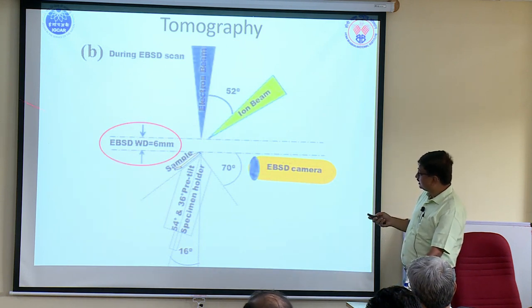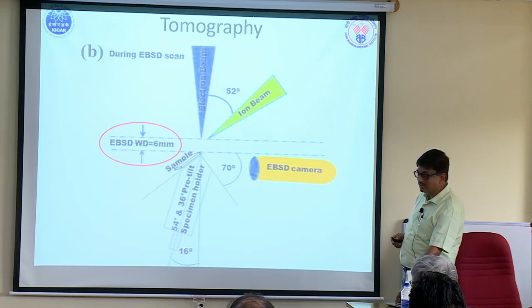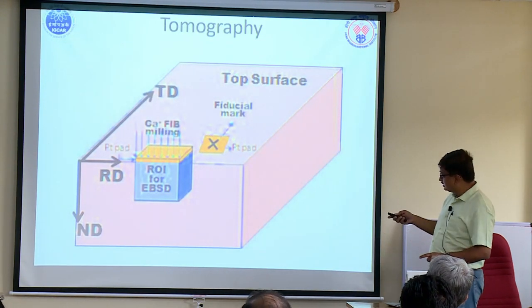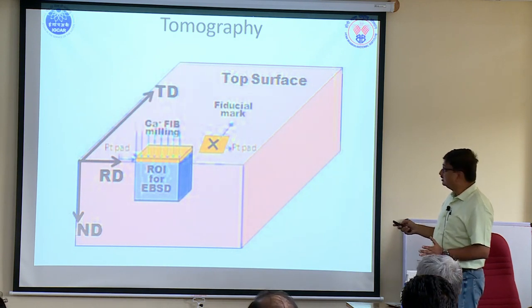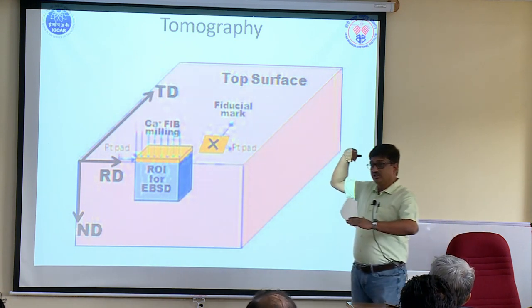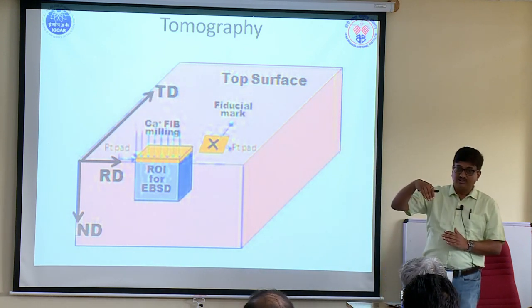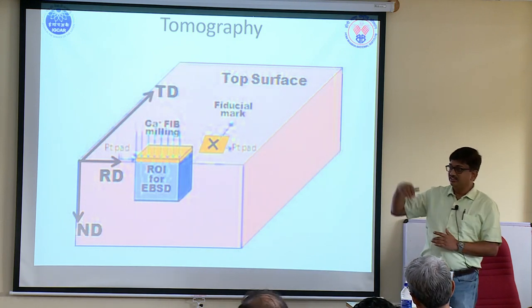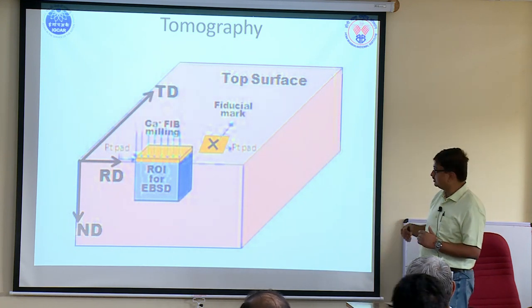Okay, so this is to be noted. Because you have changed the working distance, try to get your working distance for EBSD as close to the crossover as possible. So what are you doing? As I told you, it's on the thin edge, yeah, this is your region of interest. What I did not tell you is that we always cover the top with platinum. The reason is, you are bombarding high energy gallium beam directly on your specimen, and as it impacts, it damages the top surface. So put platinum, and that sort of protects the layer. The platinum is very important.